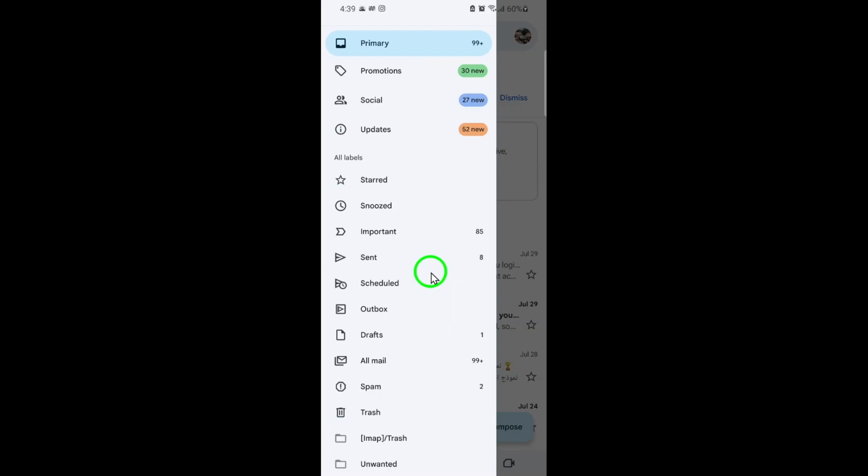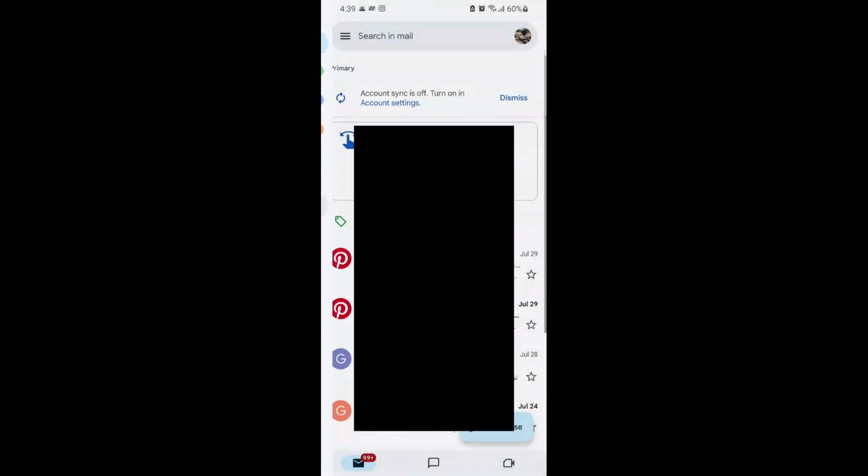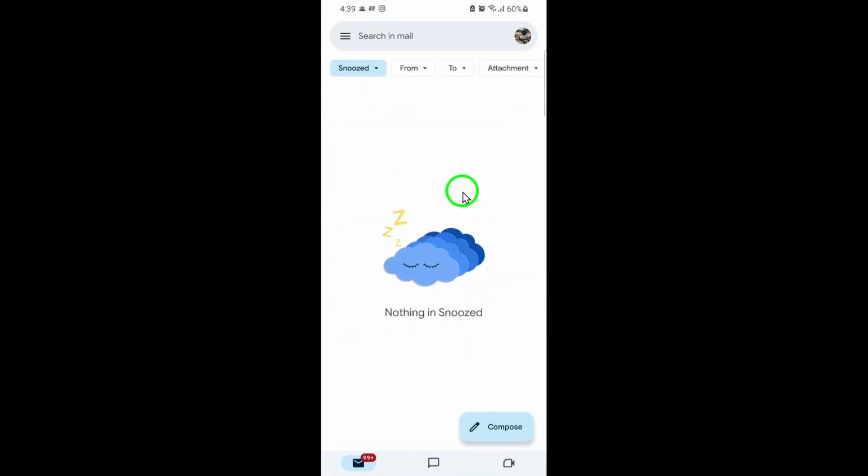Scroll down until you see the option labeled Snoozed. Give that a tap. Instantly, you'll access a dedicated list showing every email you've snoozed. Here, you can review what still needs attention, decide if you want to keep them snoozed, or perhaps take action on them right away. Each message in this folder displays just like it would in your regular inbox, but you'll